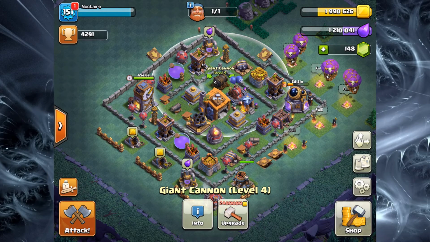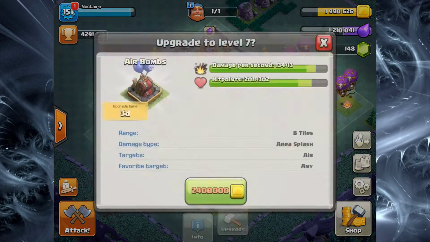So now we've got a decent attack for air. We've got a decent attack for ground. We've got a decent attack for the battle machine. What should be next? Well, now we're just kind of tightening things up. Okay, so the next step is going to be the air bombs. Air bomb's going to give you